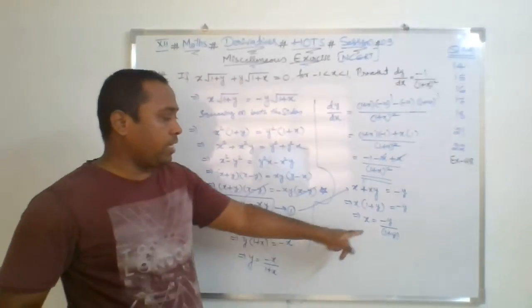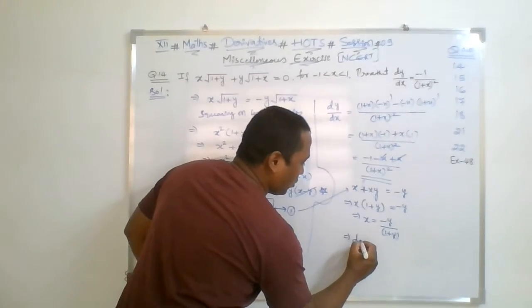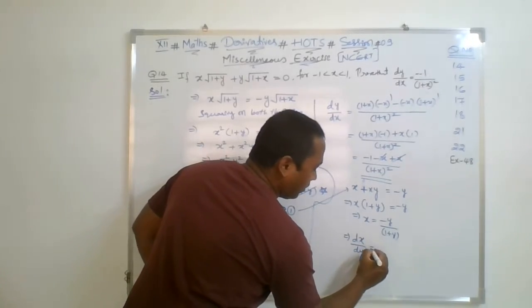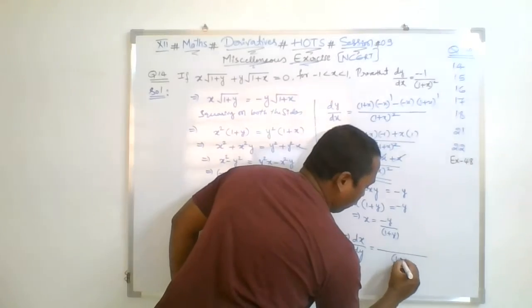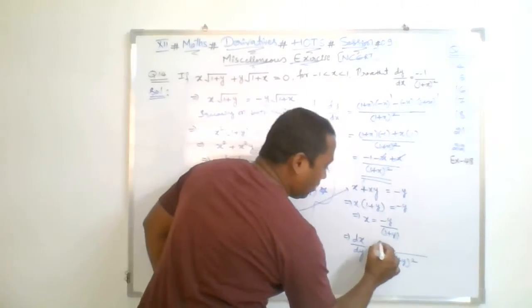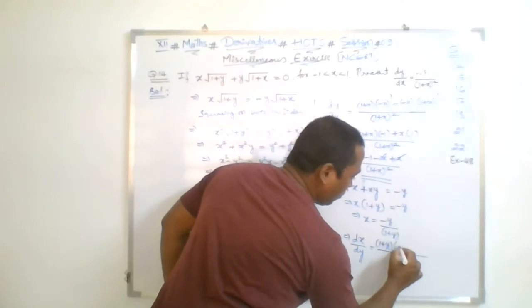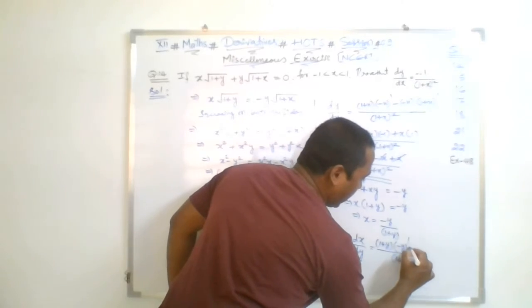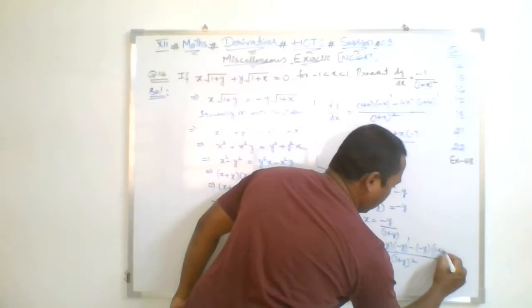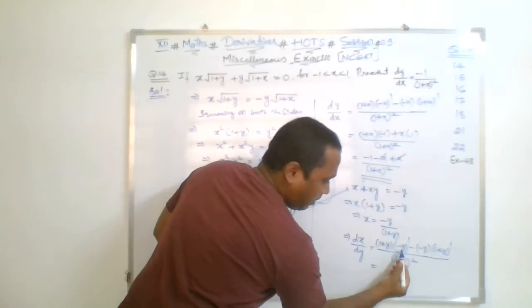So if you take the derivative of this function, simply with respect to y, what will you get? dx by dy is equal to, by the quotient rule, (1 plus y)^2 in the denominator. And if you simplify further, it is (1 plus y) into the derivative of minus y, minus of minus y into the derivative of (1 plus y). Correct? So in this manner, it will be minus 1.